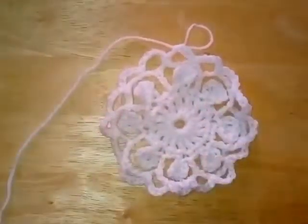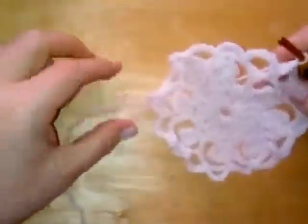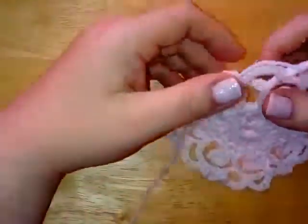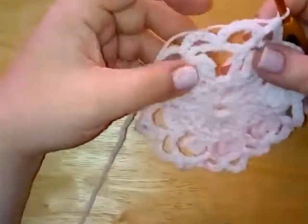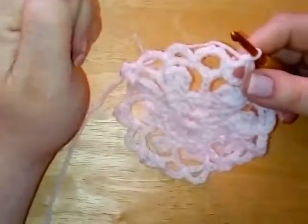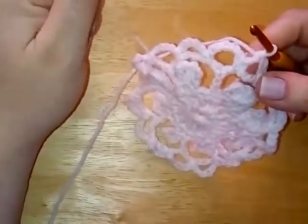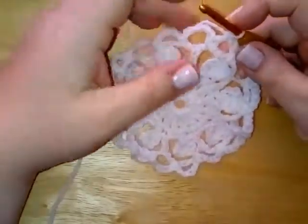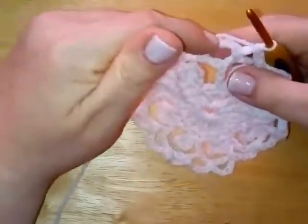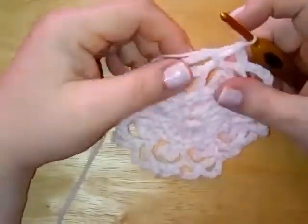Okay, so let's move on to round 5. Okay, round 5, chain 5. Round 5 is again making some more of our lacy appearance, but with chains, but also adding in some picots, and they are very easy. If you've never done picots before, don't panic. Picots are just little knobby bits that make it look pretty. Okay, so let's start